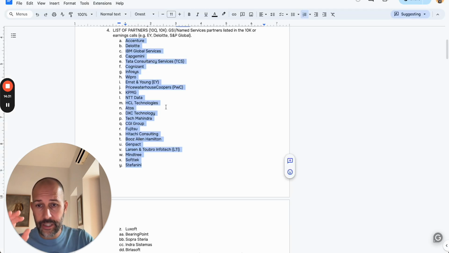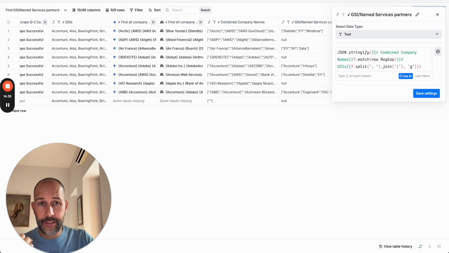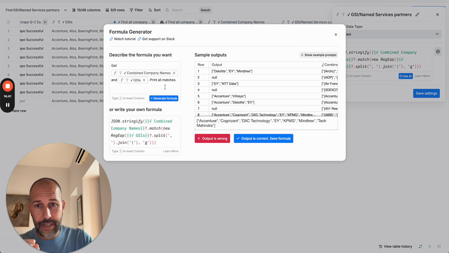Let me quickly show it. This is the original list that I want to know about, and this is how I implemented it. This list is in the GSIs column here, and then my prompt,